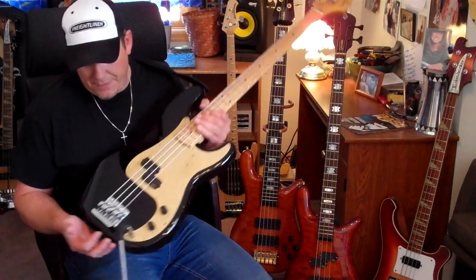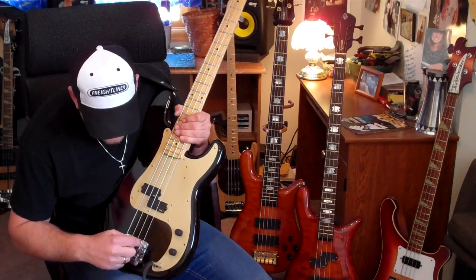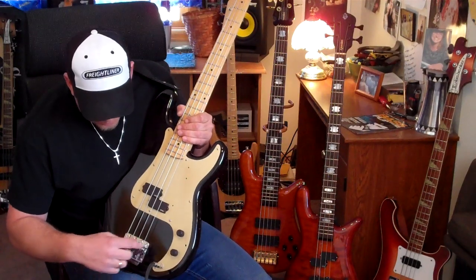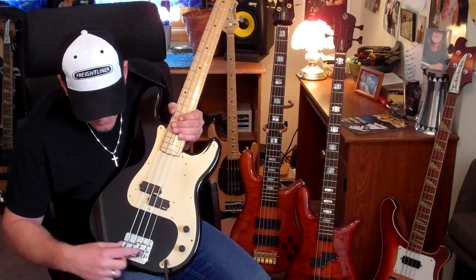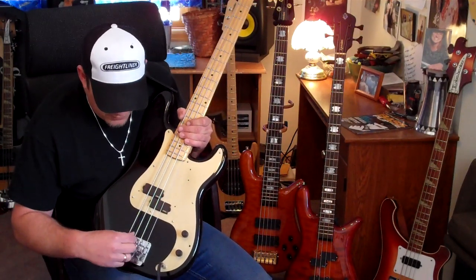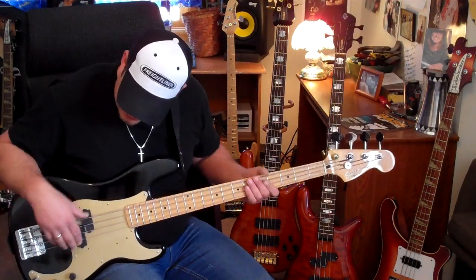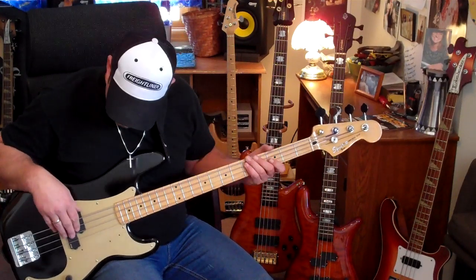Another great feature about this bridge is the way it locks in. Once you've established your intonation and your string height, it has this really excellent locking system where it's all snugged in real tight, and it cannot move anywhere side to side. And because I tend to dig in real hard with my right hand,